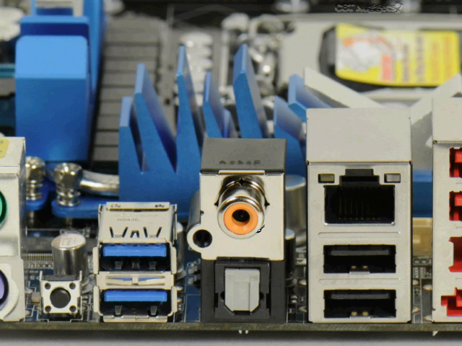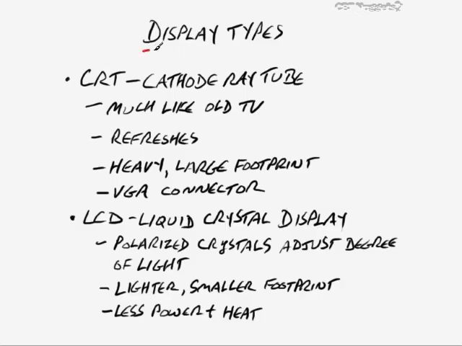Again, the same kind of cable can be used in the back of high-end stereo systems and the like. Now let's take a look at some of the various display types that you're likely to see from your customers. There's actually really two. One of those is a CRT, or a cathode ray tube. This is just an awful lot like a television, where the older televisions, not the flat panel plasma or LCDs that we have now,